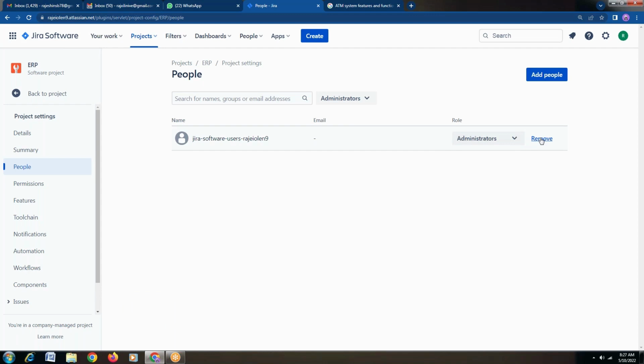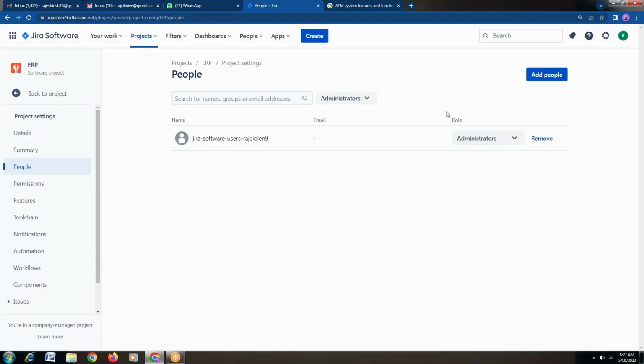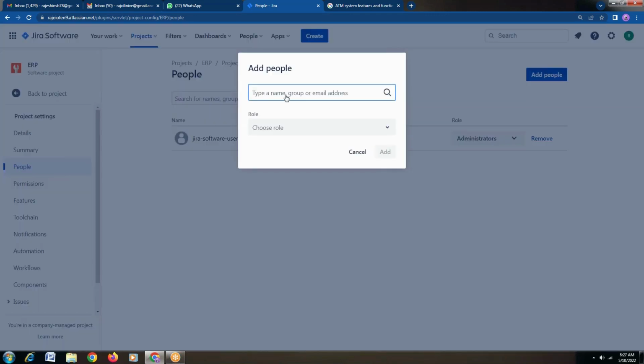If you want to remove this, there is an option called remove here. If you want to remove Raj 9 as the admin, we have an option there, we can remove this also. Otherwise you can keep it as it is. There is nothing more to be added after. Next, in reference to add people itself, as I mentioned, for example, Venu. Venu@gmail.com is the person; whoever people we have identified, we are adding people based upon their email address.